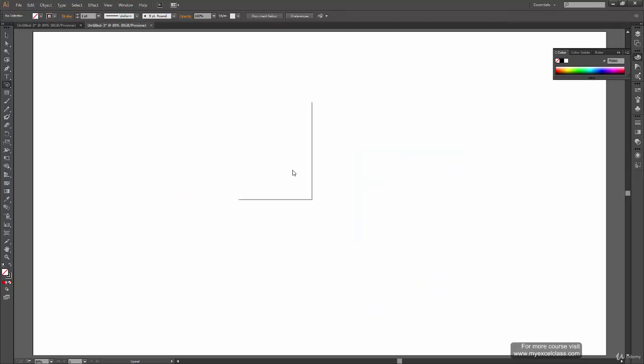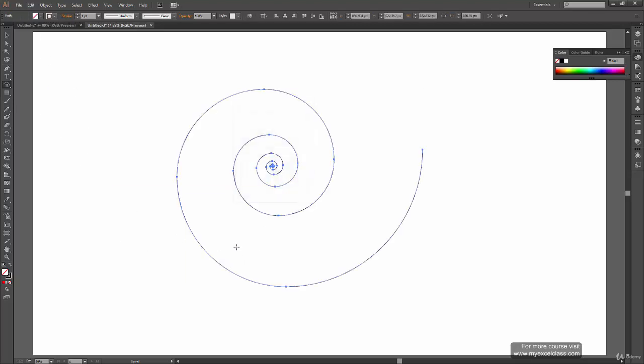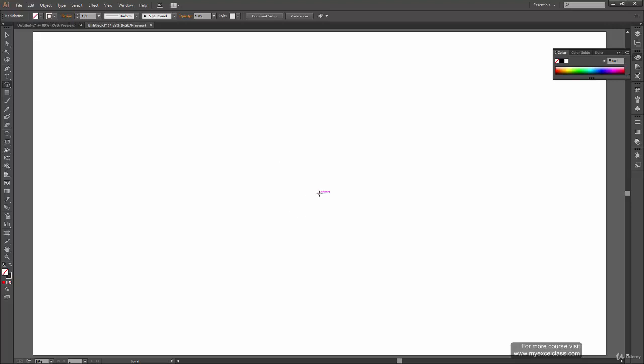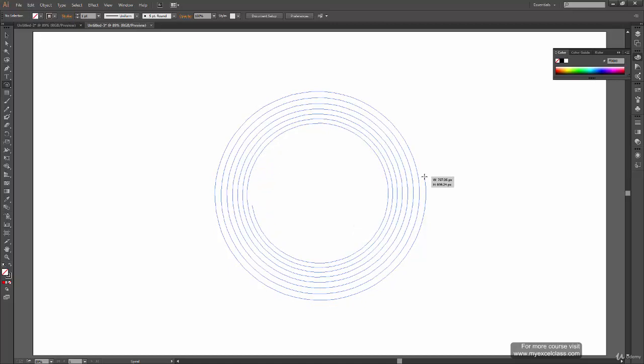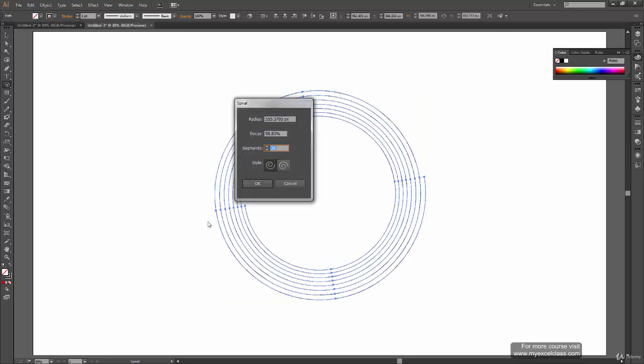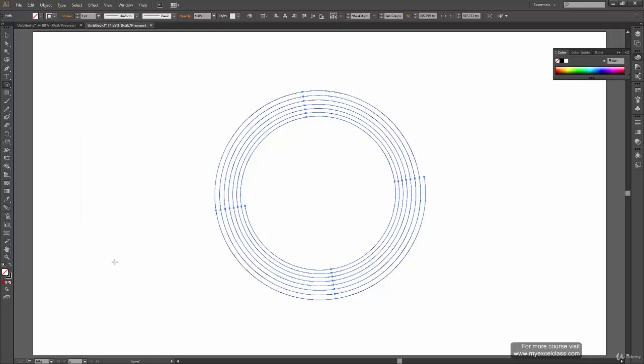So what we can do is double click on canvas and make decay 80% and segments 30 and click OK to reset our spiral. Delete this spiral and you can again draw and hold control to change the decay value. Alright, so let's double click now and see the decay value is 98.83%.